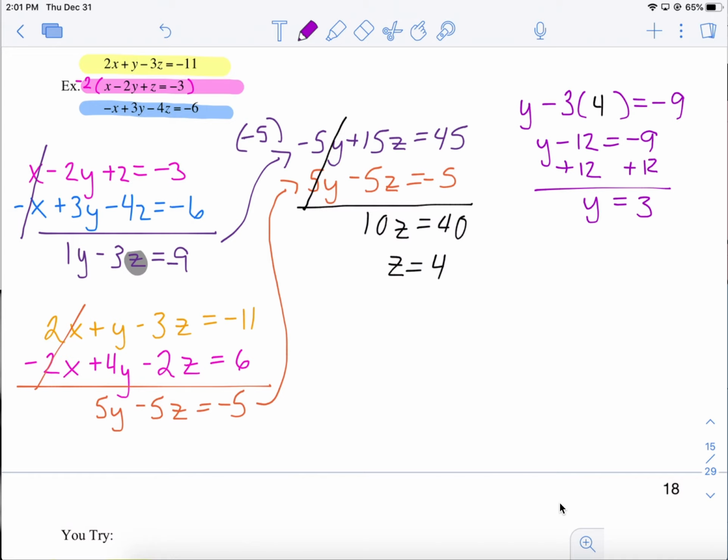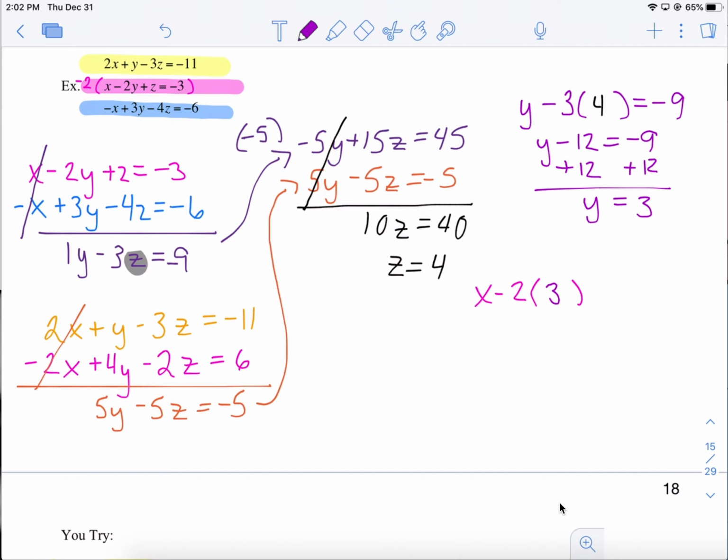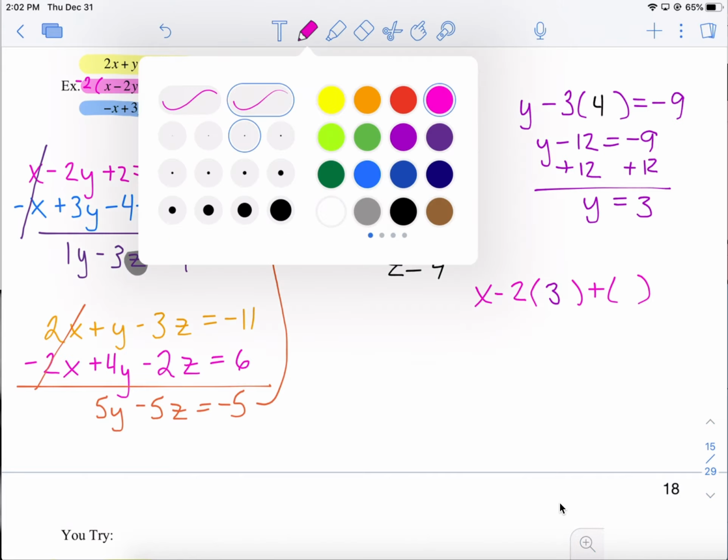Now that I have my black variable and my purple variable, I can go back to the original 3 equations. It does not matter which one you use. For me, I would probably use the one with the least amount of negatives. It's looking like that would probably be the pink equation, the original pink equation. Okay, so if I go back to pink, I don't know what x is, so I'm going to write him out. I'm saying x minus 2 times the y, and my y is that purple letter 3, plus z, and the z was the black letter 4,